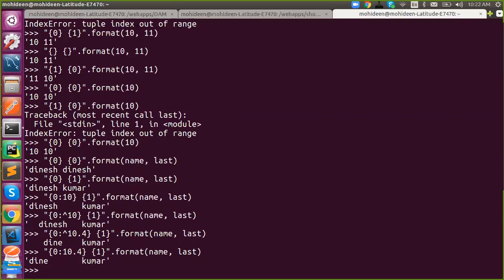Sorry, yes, please. In the first example, how did it give you a space between Dinesh and Kumar? Is that because there was a space between those two curly brackets, the one above? You mean this one or this one? No, the one above. Yes, this is the one.